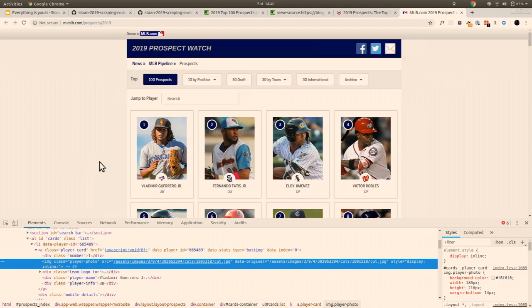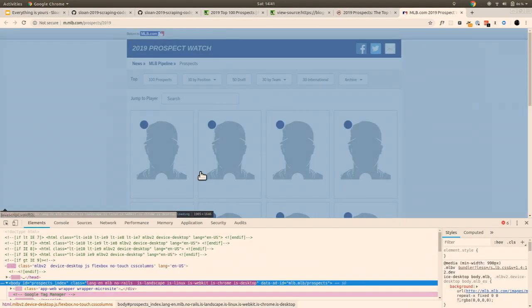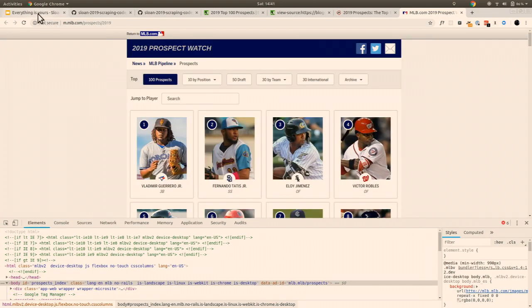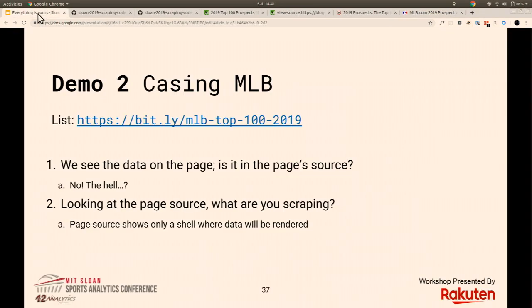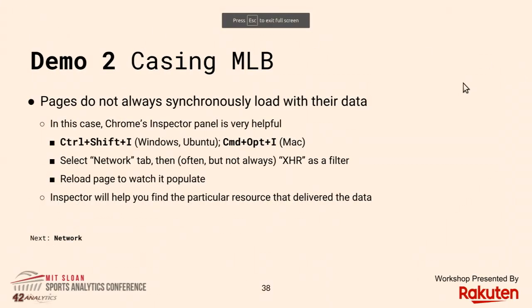And that is because if you dive into the source code, you will see that this is loaded remotely. All this information is not there when the page renders. The page then calls out, for whatever reason, for the 2019 API resource, and then loads in a giant blob of JSON. That JSON is then used to update the page with what you see. That's why when the page loads, everything here is blank. So, again, what the hell? So we looked through here,